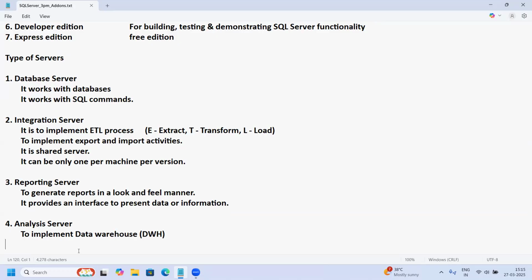And during installation, what usually do we do? We don't install integration, reporting, analysis. Ignore them. We need only the database server. Install only the database server. Later, after completion of the installation, if you feel that you want to have them,